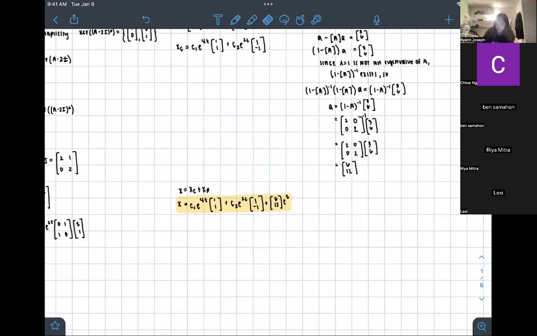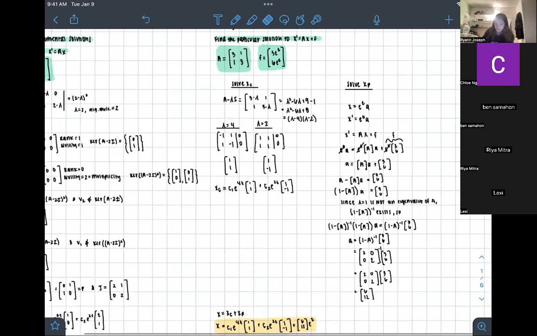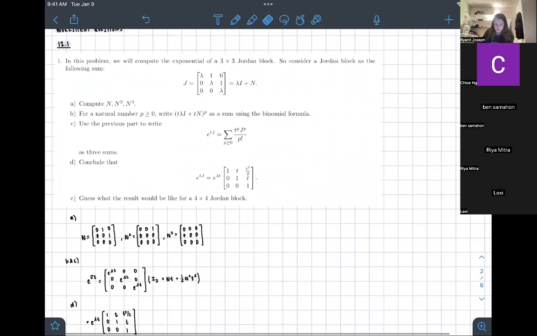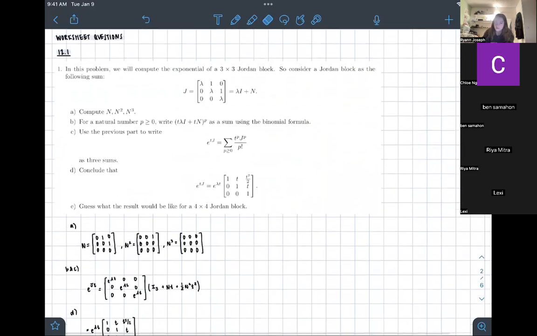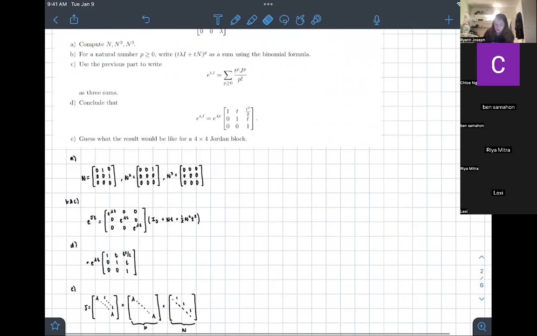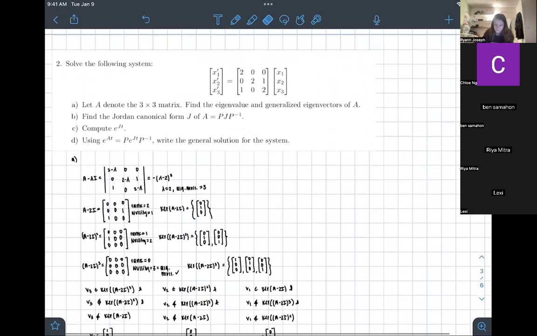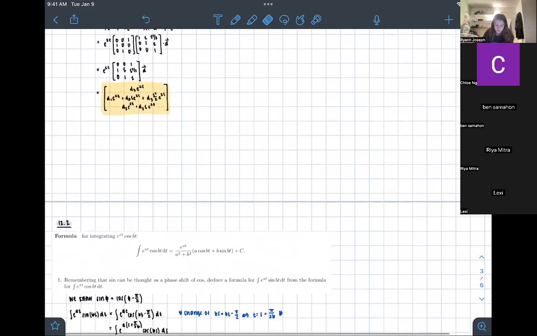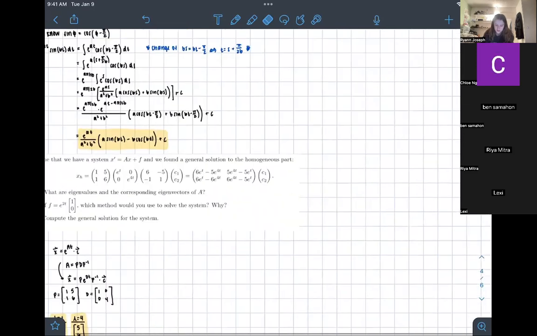Okay. Let me see if there's any other week 12 stuff I want to go over. This is the derivation of those y vectors that we were talking about. This is the same thing that we were doing. Yeah, just a solution with 3 terms. And then here,